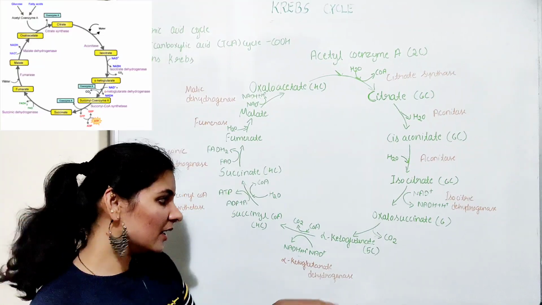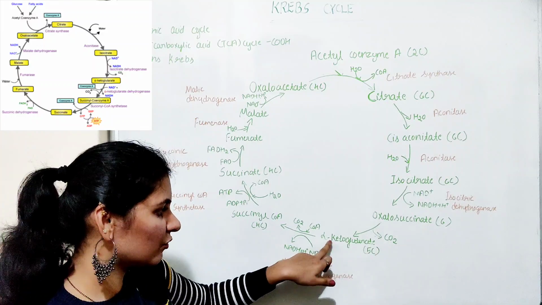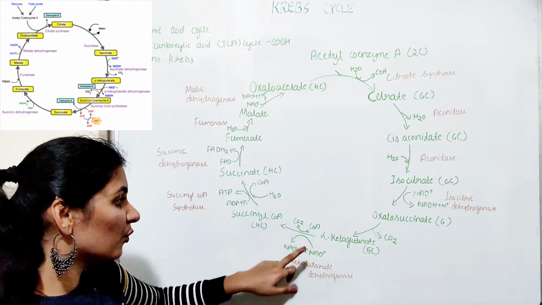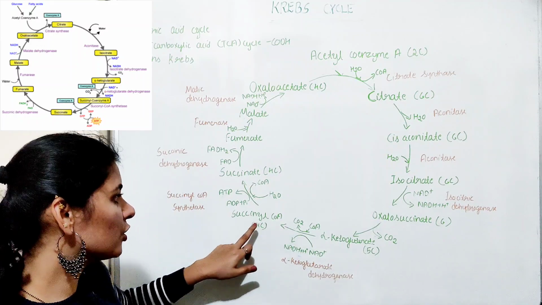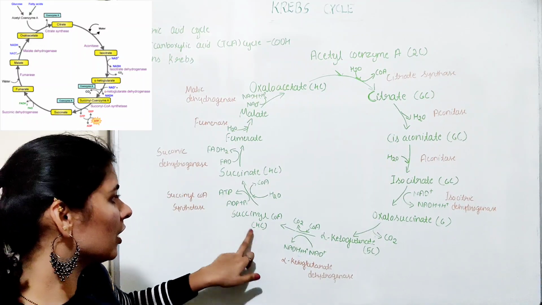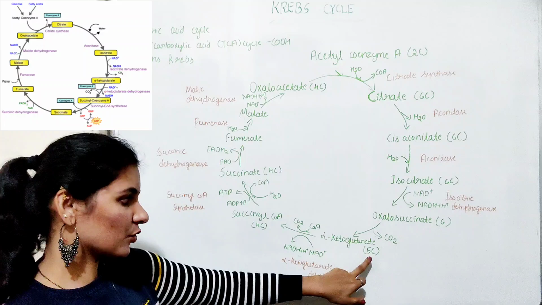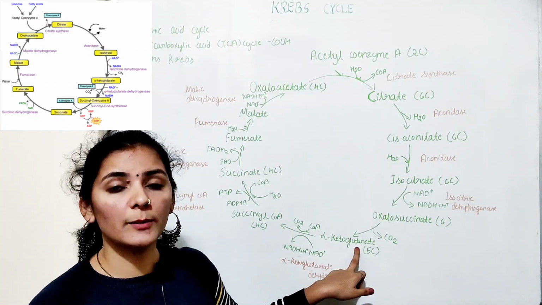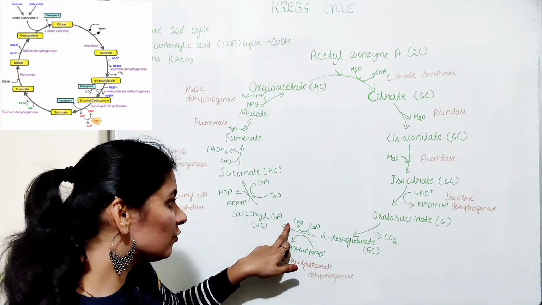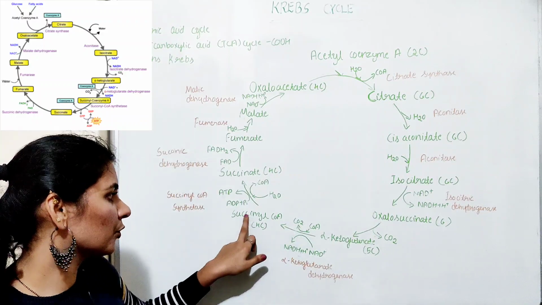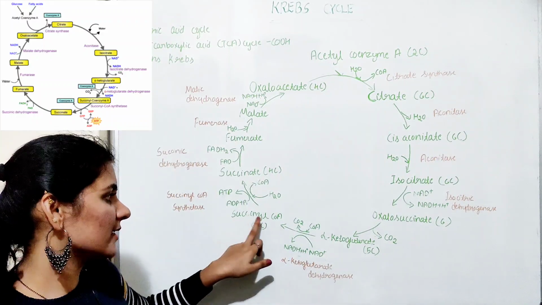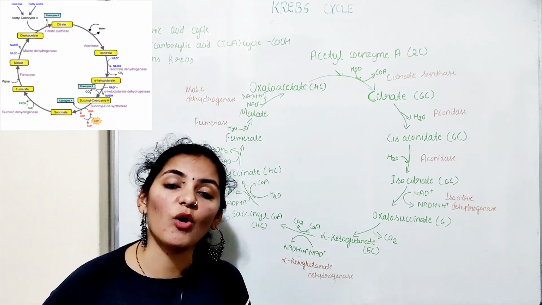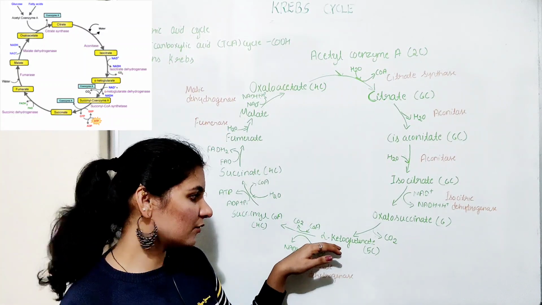In the next step, this 5 carbon compound, that is alpha ketoglutarate, gets oxidized, or undergoes oxidation, with the removal of carbon dioxide to produce a 4 carbon compound called succinyl CoA. So 5 carbon alpha ketoglutarate loses 1 carbon in the form of carbon dioxide to produce a 4 carbon compound called succinyl CoA, and the loss of carbon dioxide takes place along with the oxidation of alpha